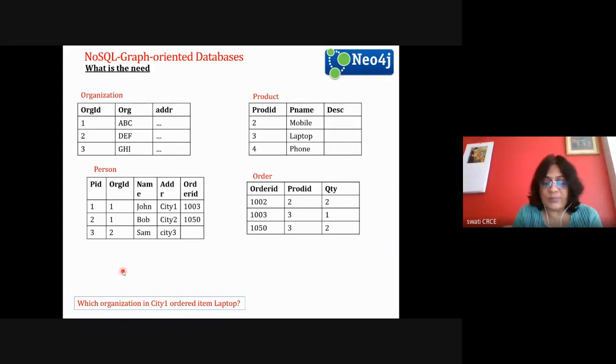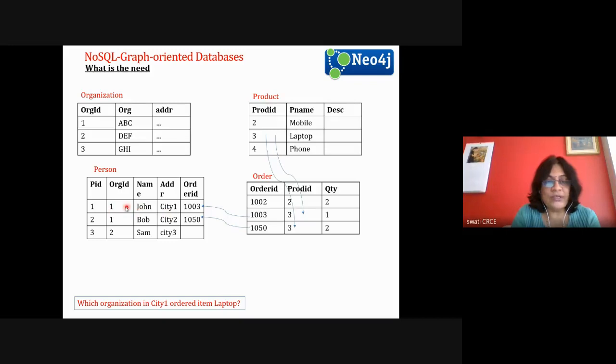So in this case, suppose I'm using a relational database management system, then I have to see what the laptop is, what the product ID is, and in which orders it appears. It is in order numbers 1003 and 1005. Order ID 1003 is ordered by organization one, but these are two different cities, and I'm interested only in city one.